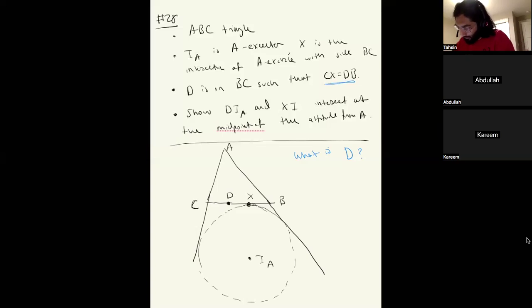So, okay, I guess I'll say. My claim is what D really is, if you draw the incircle. Okay, I'm doing a bad job of drawing it, but okay. If you draw the incircle, it will be tangent to BC at D. So what is D? D is the intersection